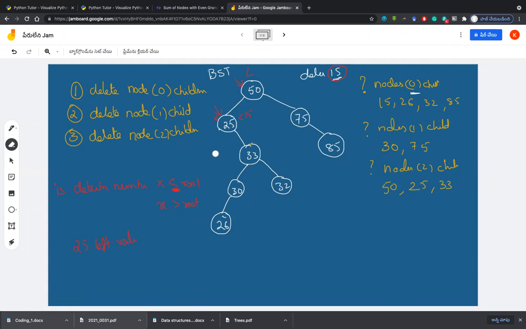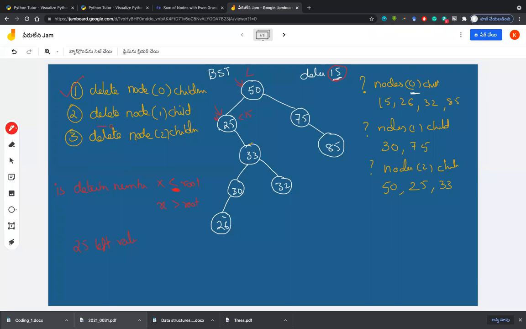But it is all based on the addresses, right? When we are trying to construct a tree, we always have each node with some address. So 25's left address is the address where 15 is. What we have done is made 25's left address None, so the 15 node will be deleted simply. So we have gone through this one.